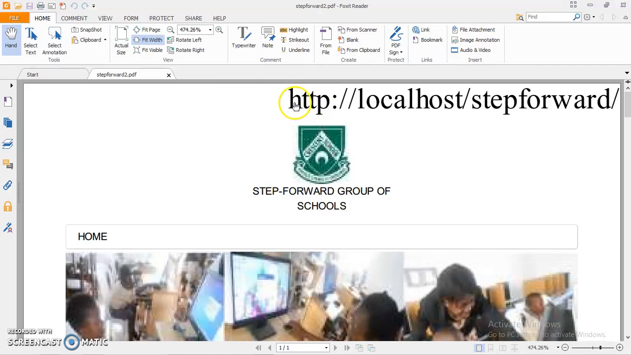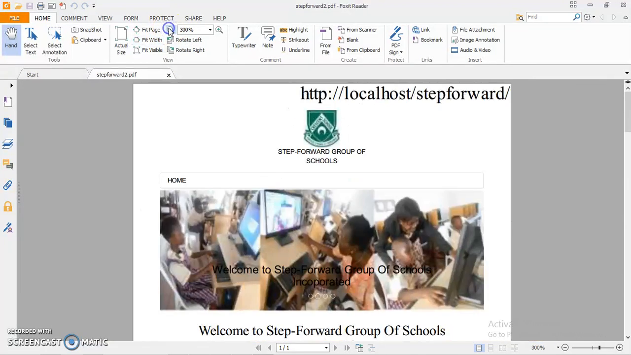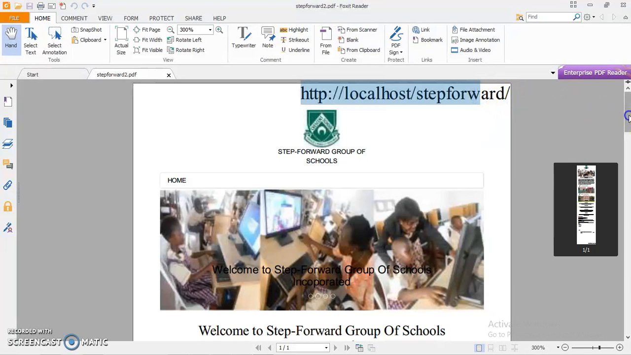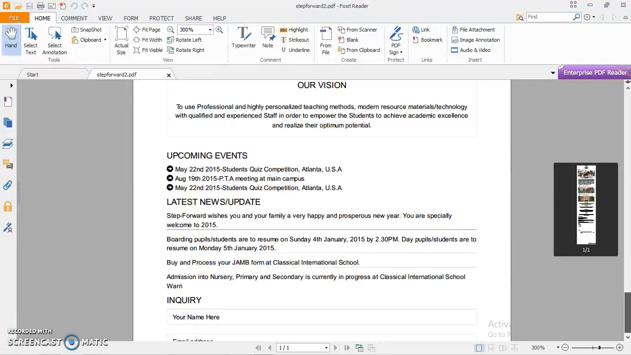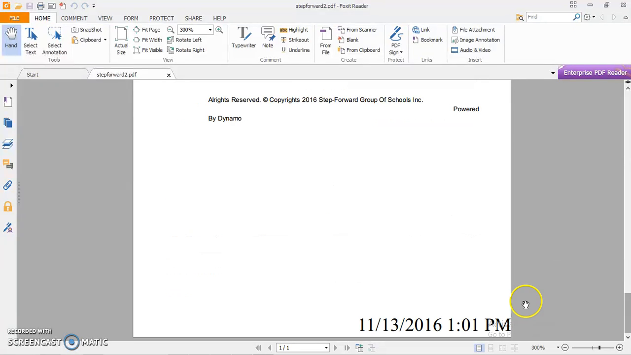Now you can see that on this new printed document, let me zoom out, the URL of the page you printed from is appearing at the header. Now if you scroll down, you will see that the time and date in which the page was printed will also appear. If you are connected to a printer and you print your web page, by default this is what you're going